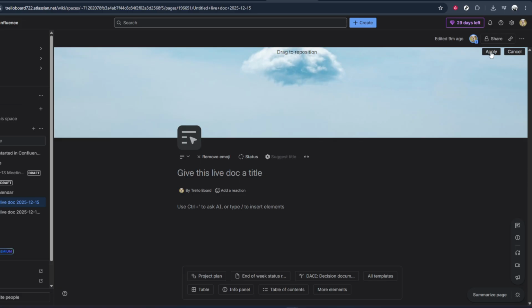After you've either uploaded your own image or selected one from the available choices, take a moment to preview how it looks across the top of the page. If everything looks good, click on the Apply button. This confirms your selection and sets the image as the page header. Once applied, your header image